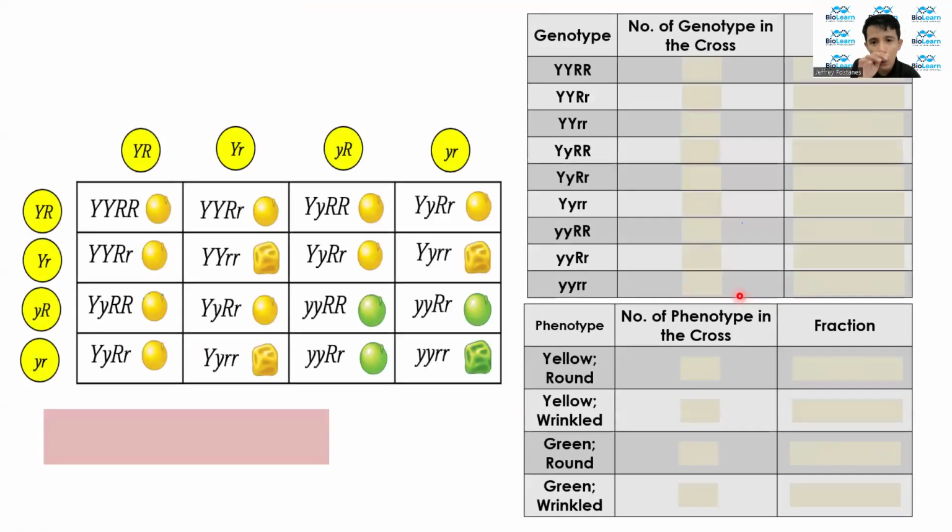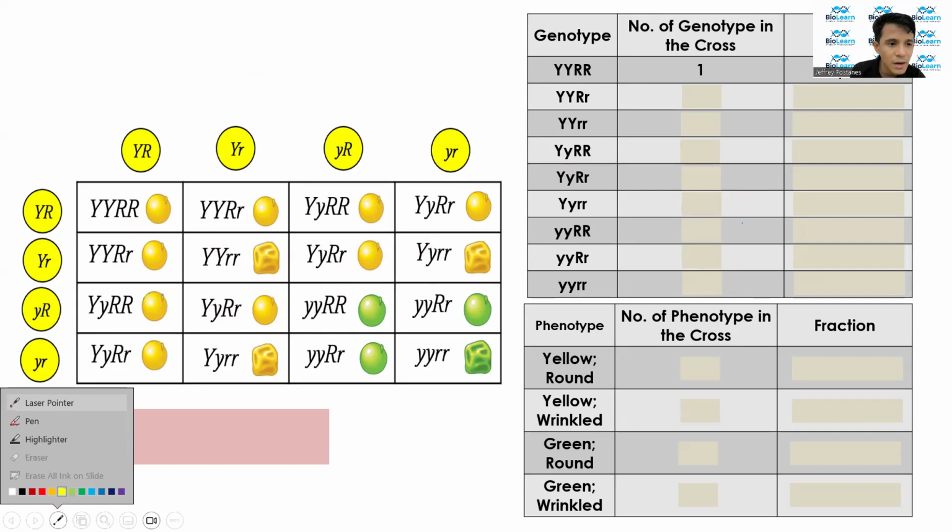All right. Now, let's see what's the genotypic ratio. So here are the genotypes that you can see from this cross, no? How many homozygous dominant Y, homozygous dominant R can you see from the result of this cross? So you have 1. So that's 1 out of 16 because you have a total of 16 offsprings here. Where is that homozygous dominant Y and R? This is it.